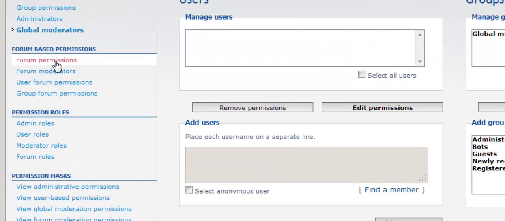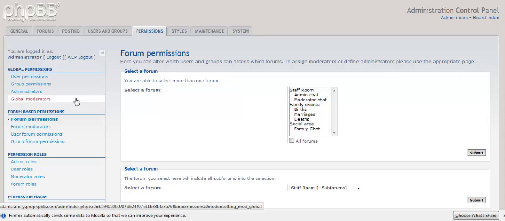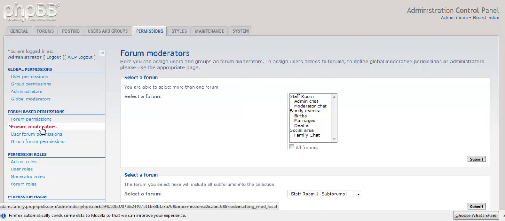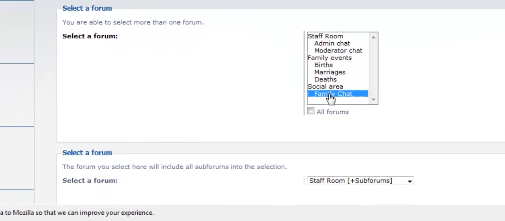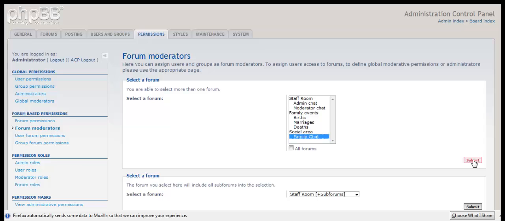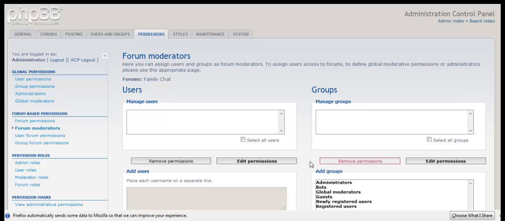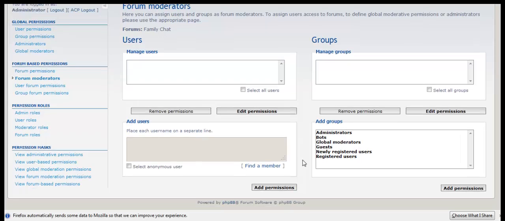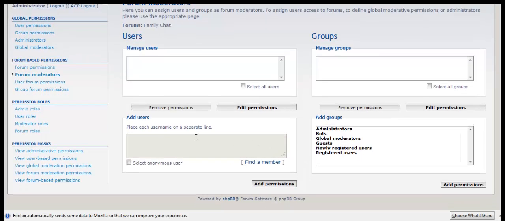Forum based permissions, very simply we can select a forum and we can see what permissions are set for that forum. Forum moderators, now we can set a forum moderator for there if we want. We could click on, say, family chat, or we can click on more than one, again by holding down the control key, and we can select either find a member to put an individual member in as a forum moderator, or we can have a group as forum moderators.